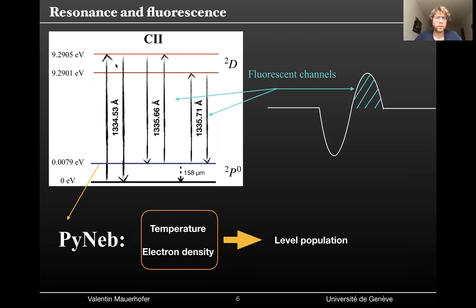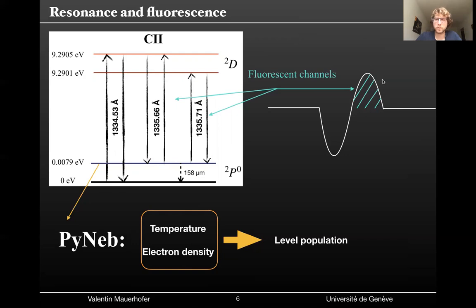However, around 15% of the time, the C2 ion de-excites to the fine structure level here, leading to an emission with a slightly longer wavelength. And it's different enough so that the photon escapes the resonance, and it creates an emission like here,